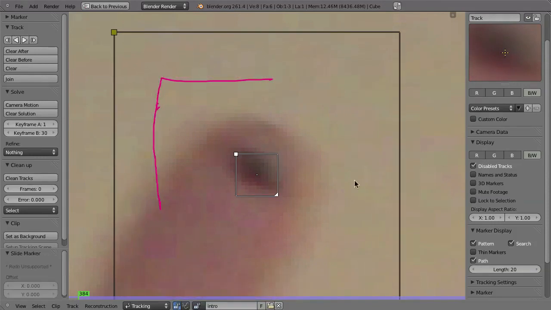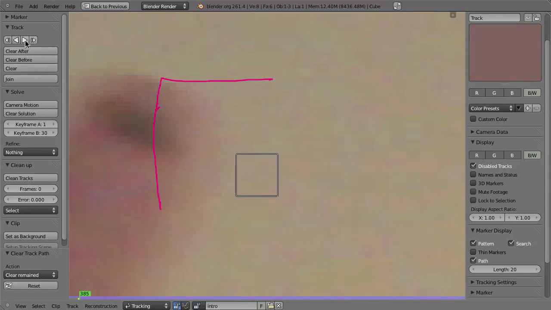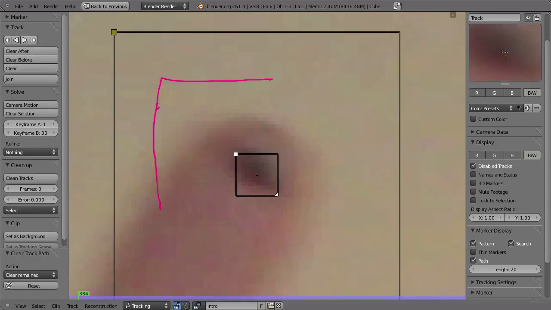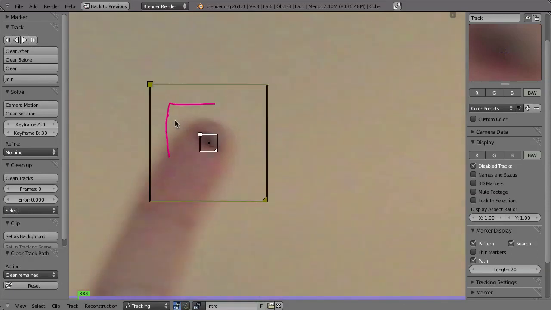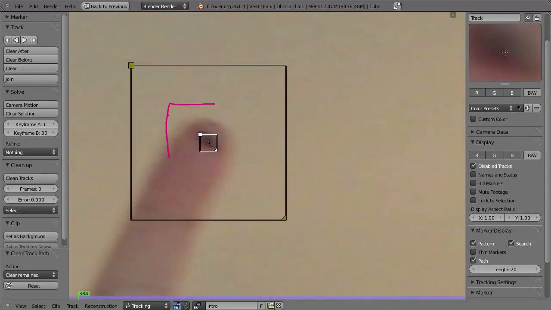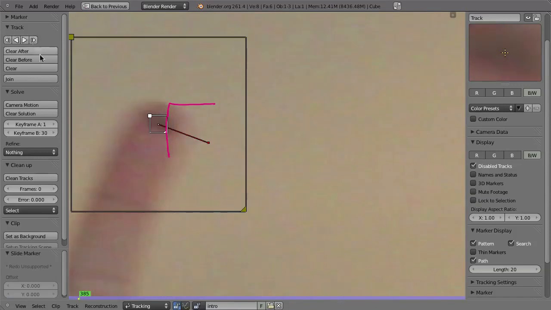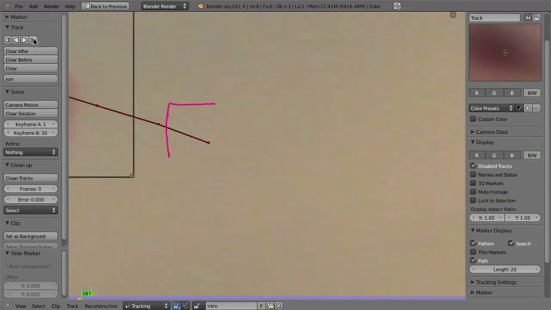And by increasing that, you can make sure that on the next frame, the feature is inside of that area, so Blender will find it. Now let's see if the search area is now big enough by pressing this button again. And apparently it's not. So let me go one frame back and increase the search area even more. And now Blender has been able to follow this feature, and if you press again, we can now follow and follow and follow and hopefully track the whole sequence.